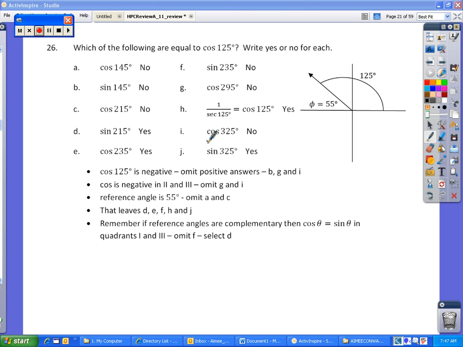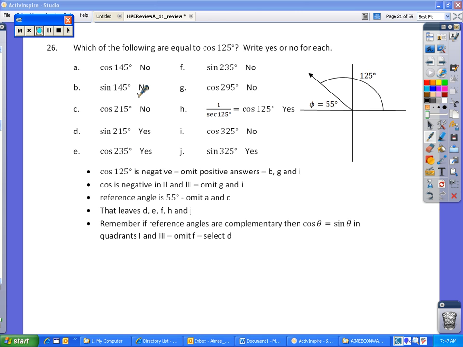Okay, so for number 26, we are going to try and determine which of these following expressions is equal to the cosine of 125. I'm just going to write yes or no for each. Alright, so let's start with looking at what the value of cosine of 125 should be, and it should be a negative answer. So I need to look through here and I need to try and decide which of these